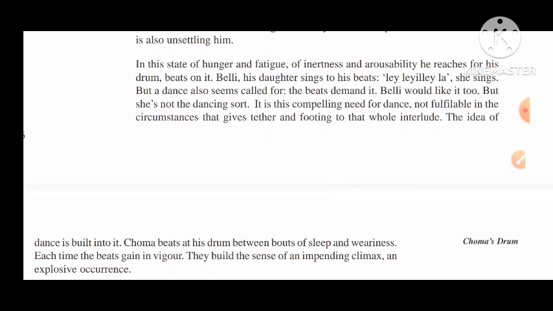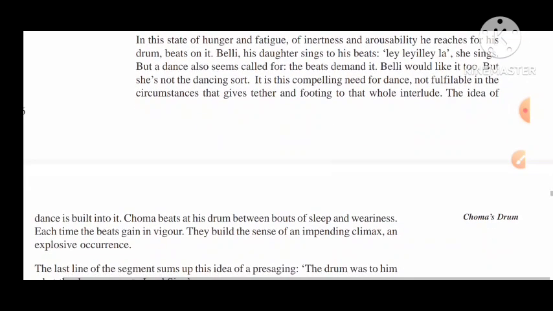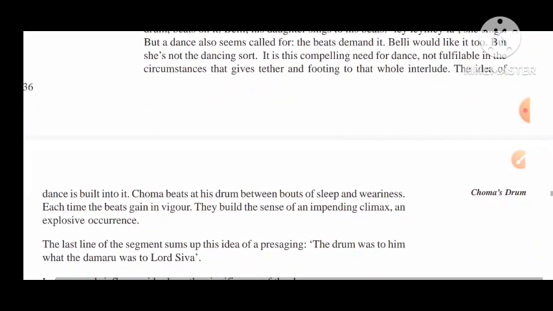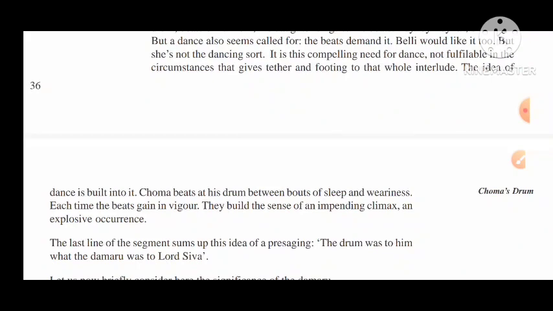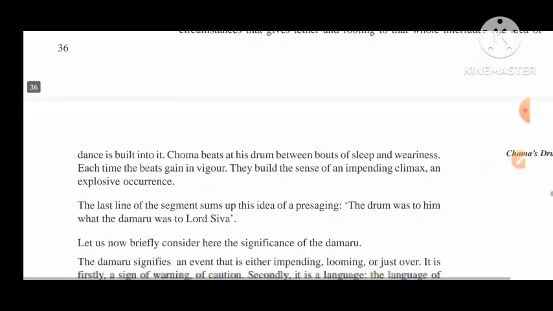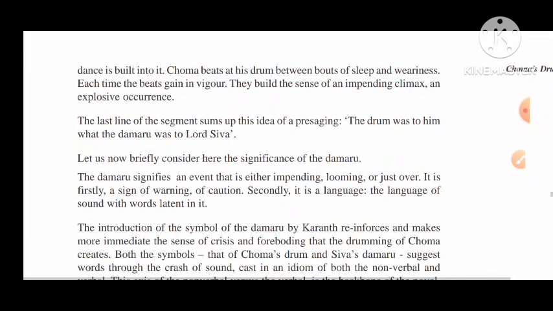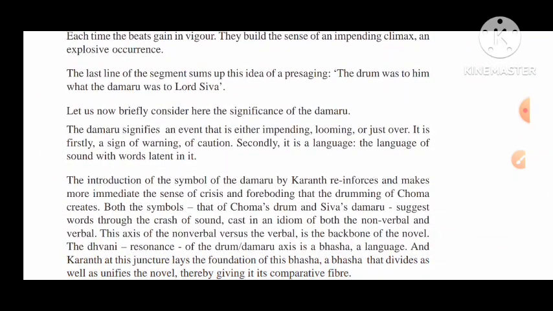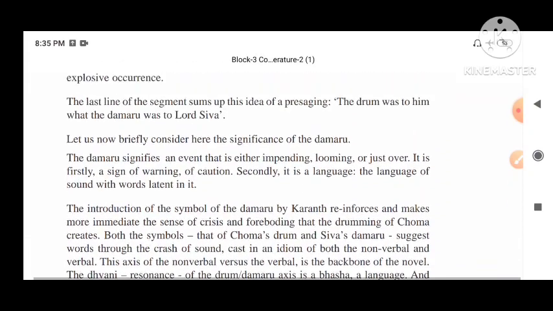It is this compelling need for dance, not fulfillable in the circumstances, that gives tether and footing to that whole interlude. The idea of dance is built into it. Choma beats. Okay, so you can see Choma beats